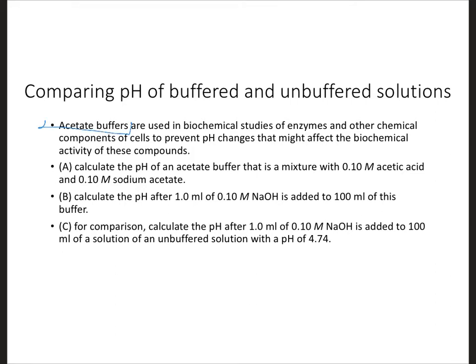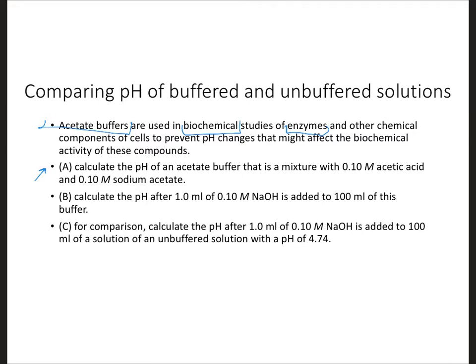They're not kidding. These are important for biochemical studies. I've made my own acetate buffered solutions to work with different enzymes if you want them to be in a lower pH range than what you would typically expect for, say, the bloodstream that we looked at that was up around 7.4. So this is going to ask us to do a calculation like we did in the last video,